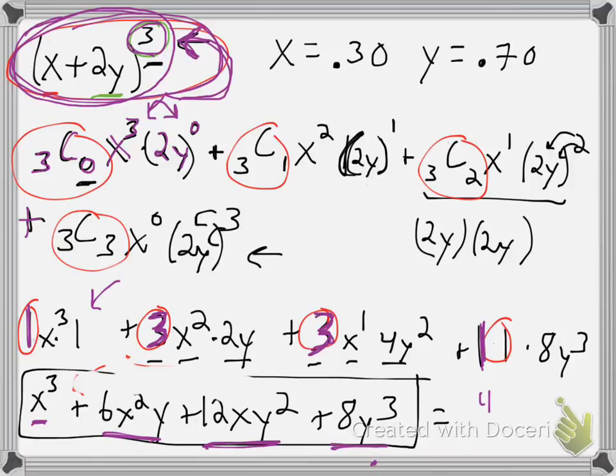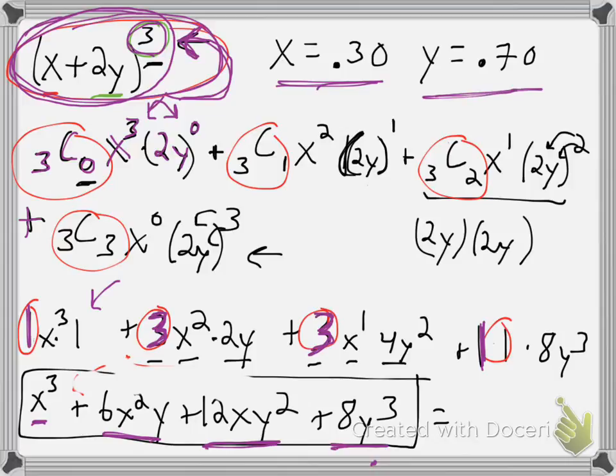This is the answer. Right here. That's the answer. That's all we had to do. This is what they wanted us to do. They wanted us to expand this binomial. Now, where the probability comes in is, let's say that x had a probability of 0.3 and y had a